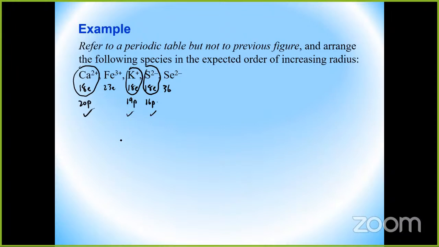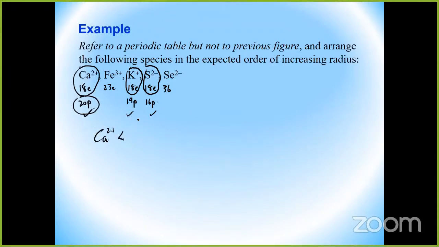So which of these, calcium, potassium, or sulfide, would you expect to have the smallest radius? The calcium. Why? Well, that's true too, but the main reason is because it has a greater number of protons compared to the others. Because it has a greater number of protons for the same number of surrounding electrons, those protons will pull those electrons closer to the nucleus, right? So calcium, I would put here as having the smallest radius, and then I would follow that up with